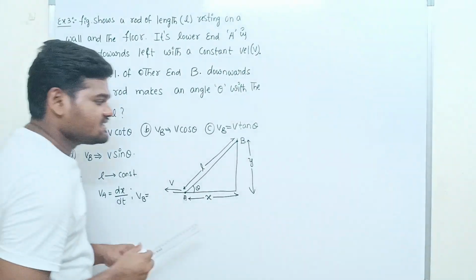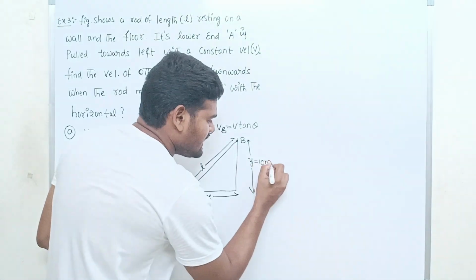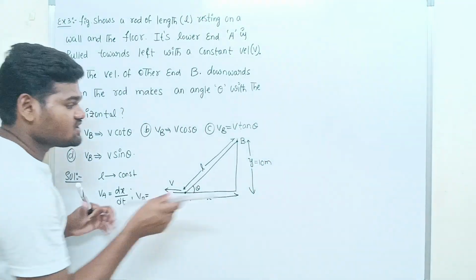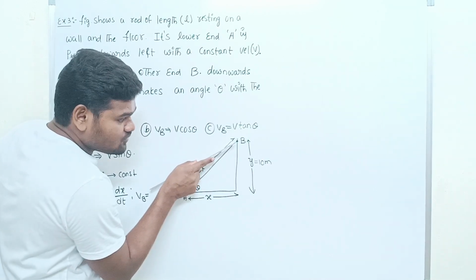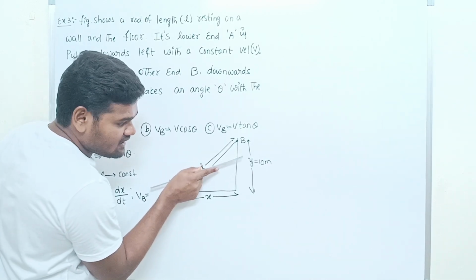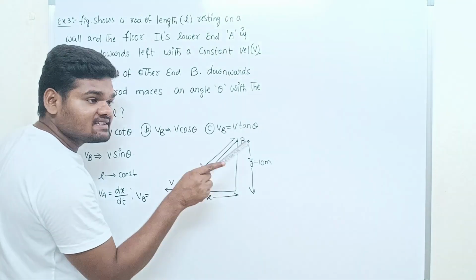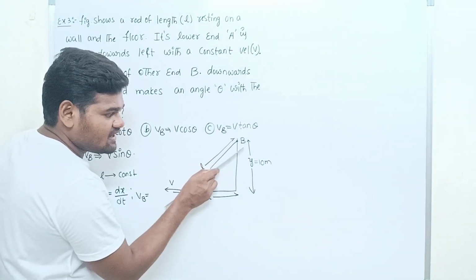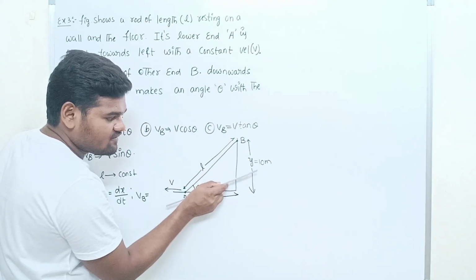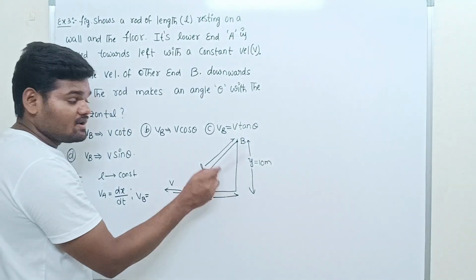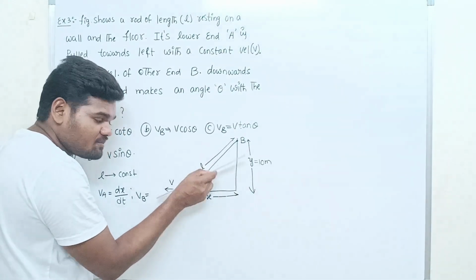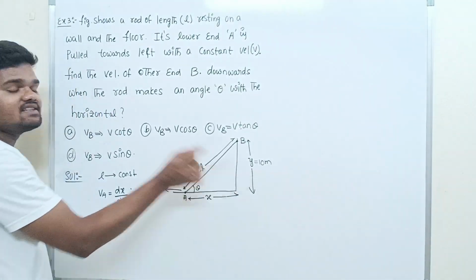initially its height is, let us say, 10 meters. Y is equal to 10 meters. So whenever it is moving towards the ground, what happens? The y coordinate will decrease. That means 9 meters, 8 meters, 7, 6, 5, 4, 3, 2, 1, 0. Before it reaches the floor, we have to find its velocity